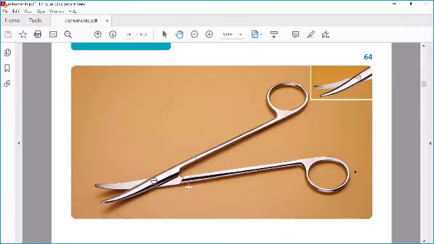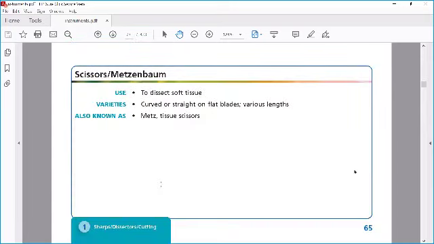Okay, this is a dissecting scissor. So remember, dissecting scissors, this part is thinner and a little bit of curve is there. So this is a dissecting scissor. They also call it a Metzenbaum. So don't tell them dissecting scissor, it's a Metzenbaum, for you guys, they will ask you the names. What are the names of this instrument?